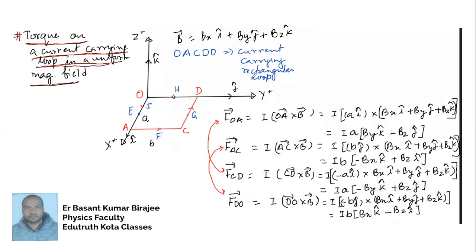And yesterday we found out that the net magnetic force experienced by this loop is 0. And today we are going to find out the torque experienced by this current carrying loop in the uniform magnetic field. So first of all, let's find